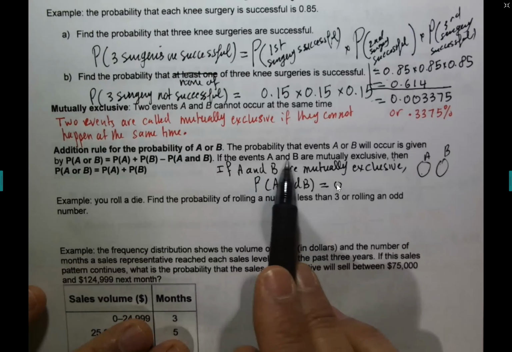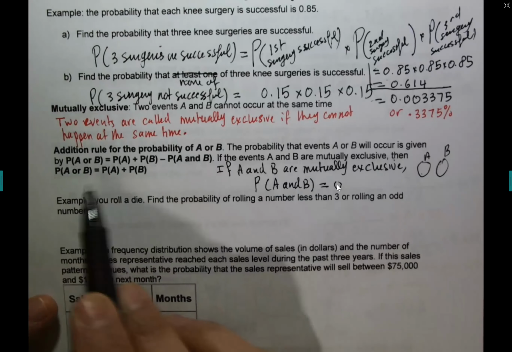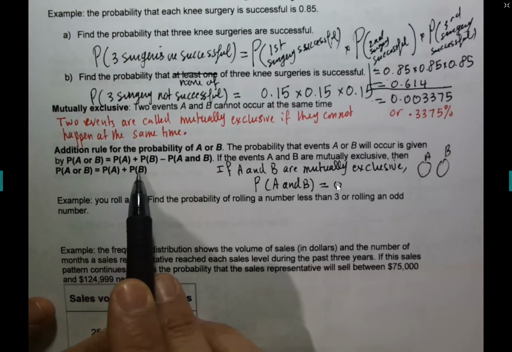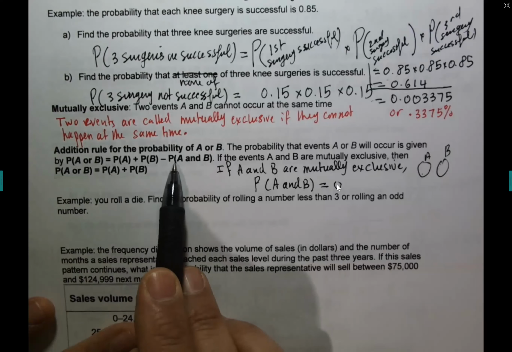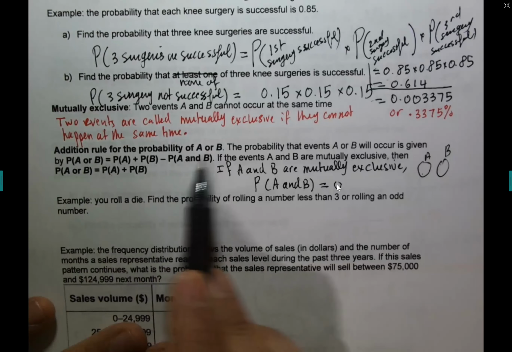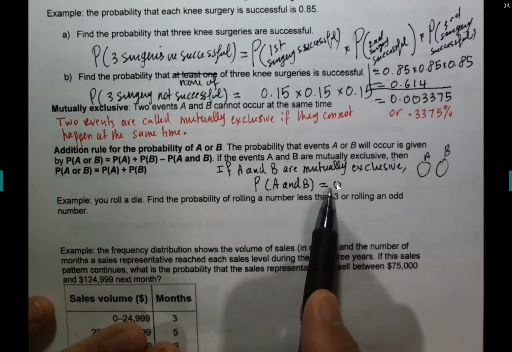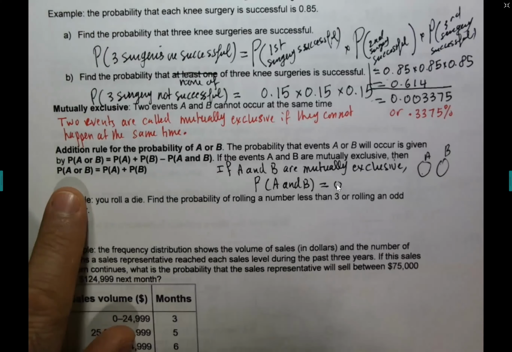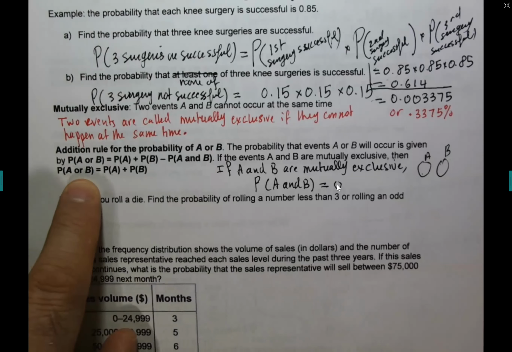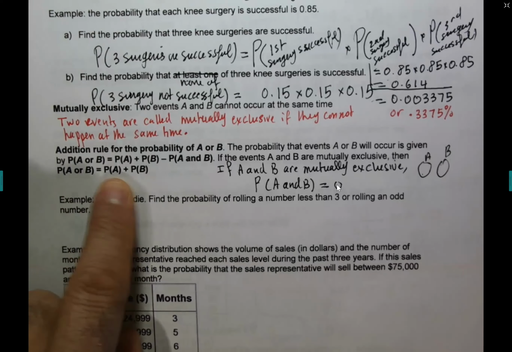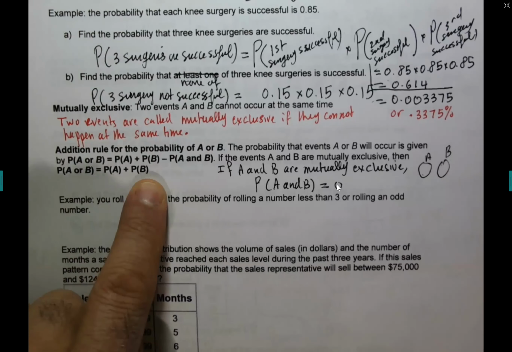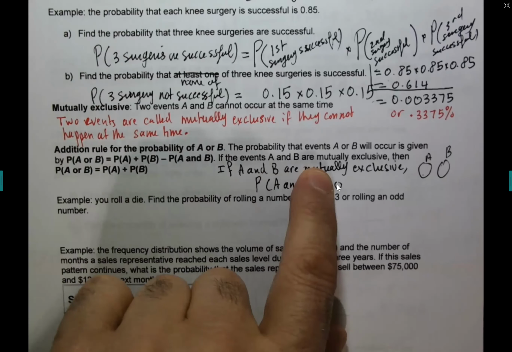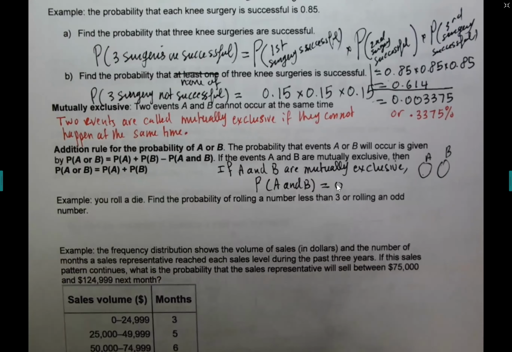So here, this is what the formula says. If the events A and B are mutually exclusive, then probability of A or B will be probability of A plus probability of B. Well, there should be a minus probability of A and B, but because they are mutually exclusive, this intersection is 0, so you get this formula. So this formula, guys, probability of A or B is probability of A plus probability of B, is valid only if the events are mutually exclusive, and it says here. Okay, let's do,